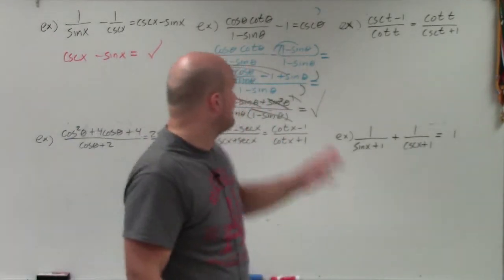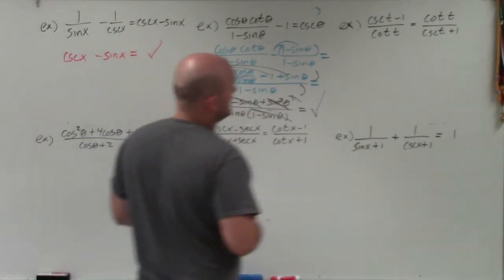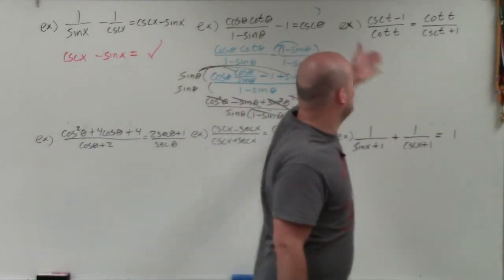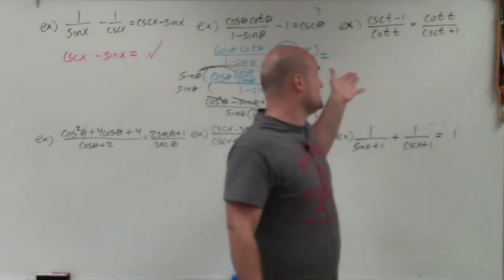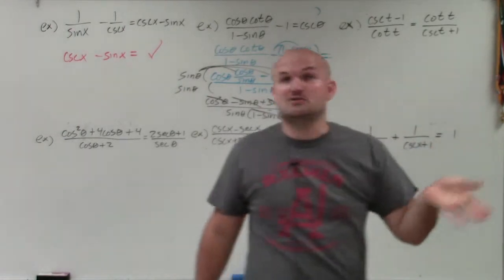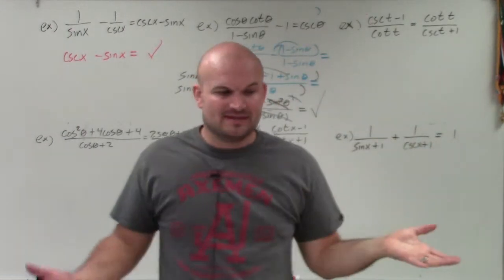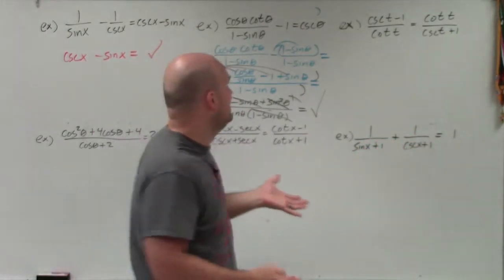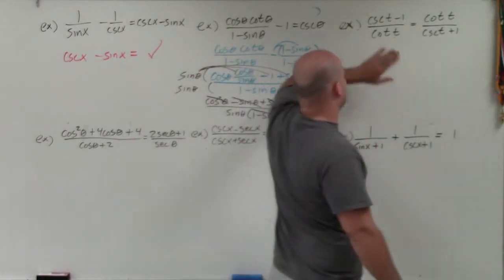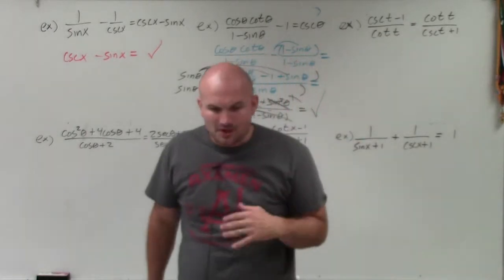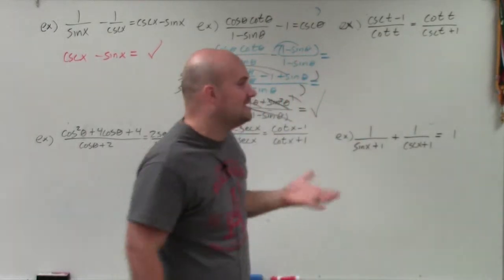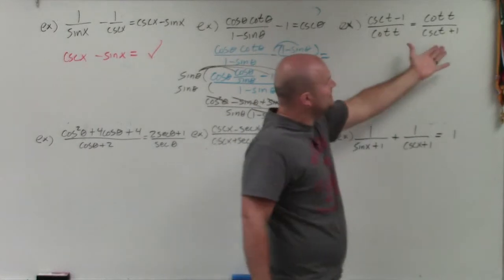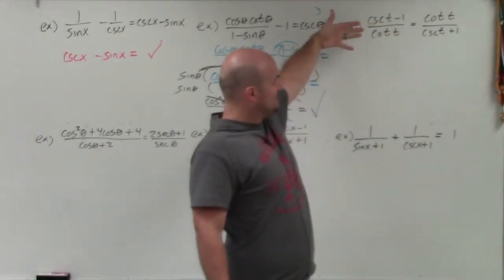Good. For the next example, again, you have cosecant of t minus 1 divided by cotangent of t equals cotangent of t divided by cosecant of t plus 1. And this one you can say, well, which one's more complicated? They're both almost exactly the same, right? This one has a binomial denominator. This one just has the monomial. So the best thing that I can think of is, if I want these to get to be the same,